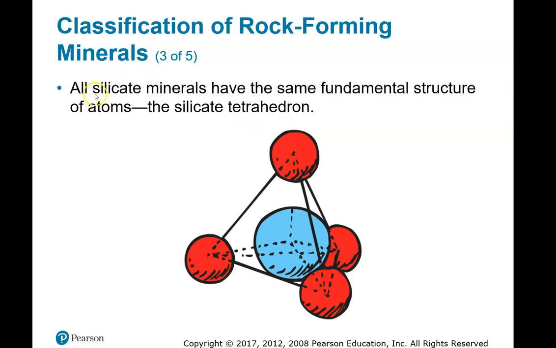All right. All silicate minerals have the same fundamental structure, and it's called a tetrahedron. So I showed you a picture of this earlier, but you definitely want to remember this. Okay, so this is the silicon atom in the middle, and these are the oxygens outside. All right, so a tetrahedron, it's kind of like a pyramid shape, but in 3 dimensions. Well, like a pyramid, right?